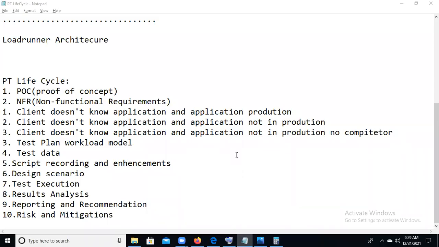Okay, so the test plan. Again, I'm explaining the test plan: it is one of the strategic documents which contains that information in an efficient and optimized way.